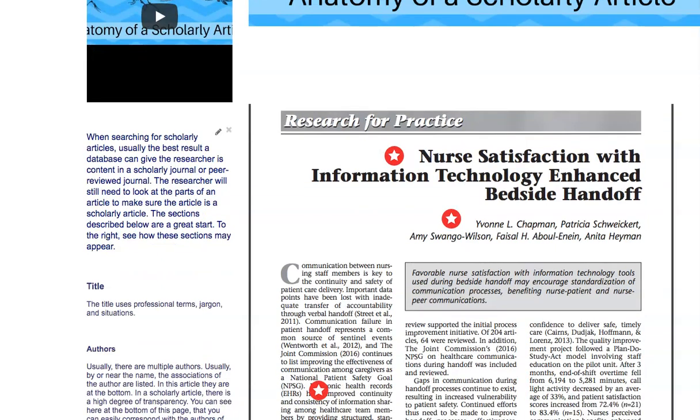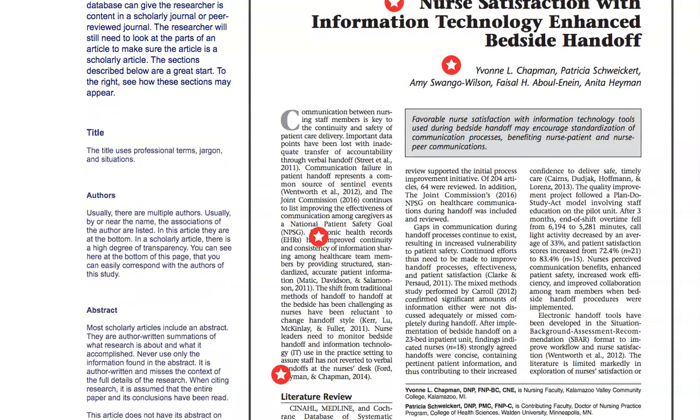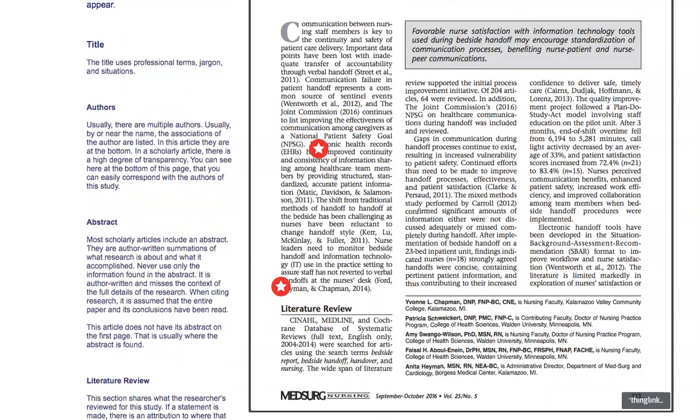Usually you'll have a title that uses professional terms, jargon, and situations that aren't common. Authors, usually multiple, and you'll be able to see who they're connected to, so it shows their authority. You'll have an abstract, but be careful with the abstract. Sometimes it doesn't go through the peer review process with the rest of the paper. So if you've ever looked at an abstract and then an article and thought these do not match, that is why. So make sure you actually read the full text of the article,